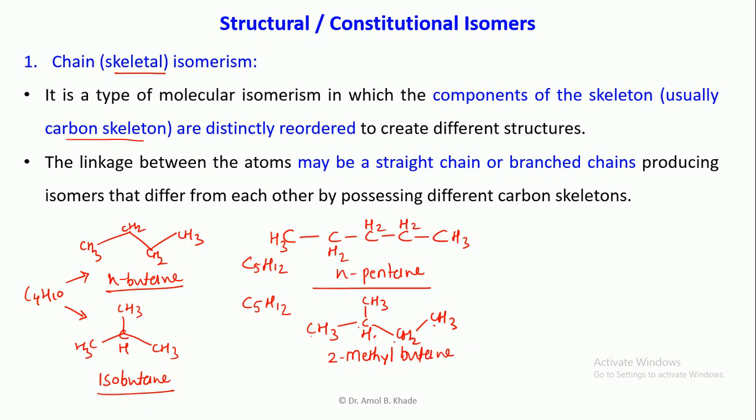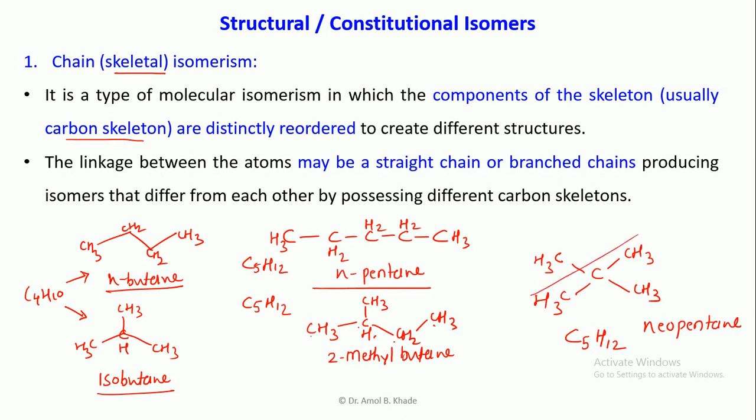Can you arrange one more format for this particular compound, n-pentane? Yes, it can be arranged in this way. I can attach one CH3 here, one CH3 here, one CH3 on this side and one more CH3 on this side. Now count the number of carbon atoms. 1 at the center and on the periphery there are 4, so it will be 5. Then 3 plus 3, 6 and 6, it will be 12. So this is also C5H12. This is referred to as neopentane.